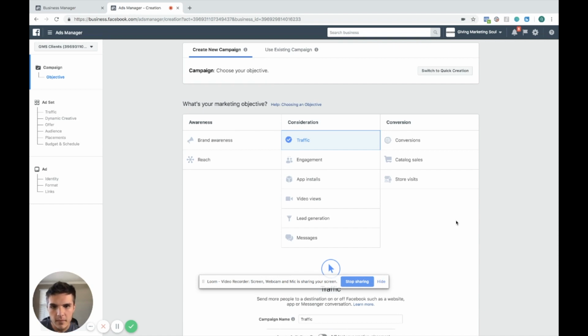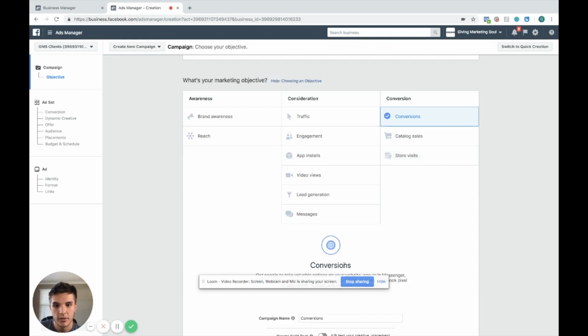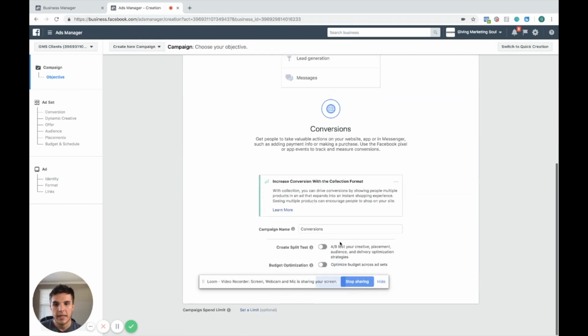So here's a good example campaign. What you would do is pick one of these. So let's say we would do conversions here. And let's just pretend that I am trying to get leads for a dentist or for a real estate agent, or you would even use this on e-commerce as well. But I'll just take you inside. The conversion is basically,